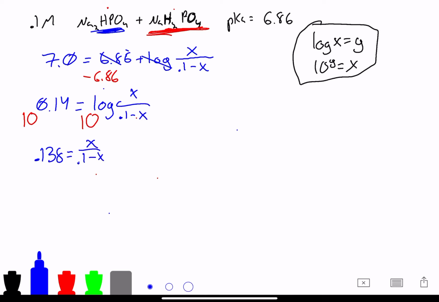It gets rid of the log. Well, now it's pretty simple algebra from here. So we can multiply both sides by 0.1 minus x. And what we will have then is going to be 0.13